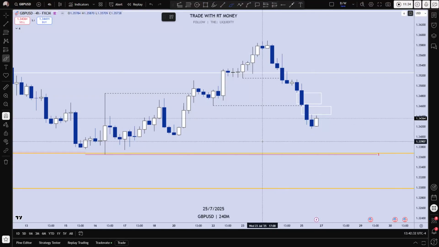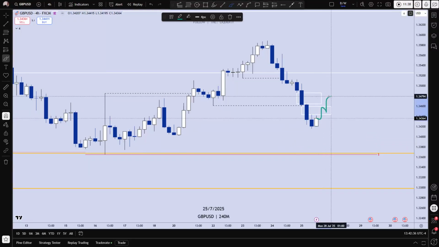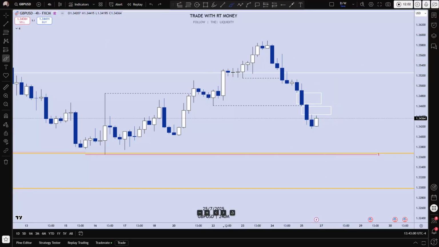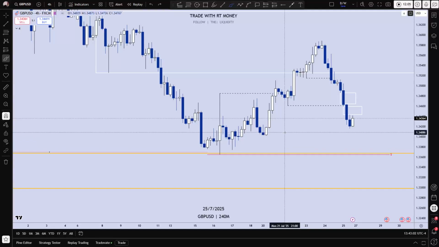Why would I be looking for buys? Because we have headwinds right here that could turn price back down at any point. If we run through them, that's when I would be interested in buys again. When we trade past and close above these bullish fair value gaps, and if we create bullish fair value gaps along the way, then we can hit those and go up higher. But until that happens, I am bearish on the 4 hour and on the short term.